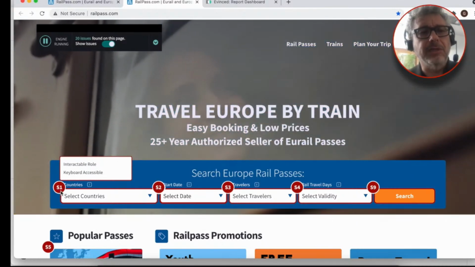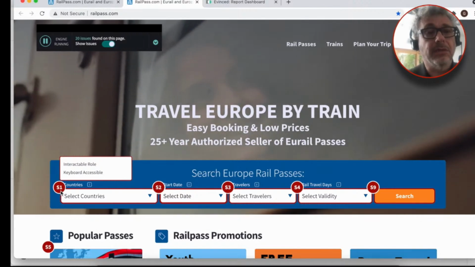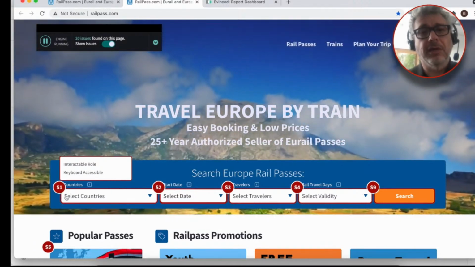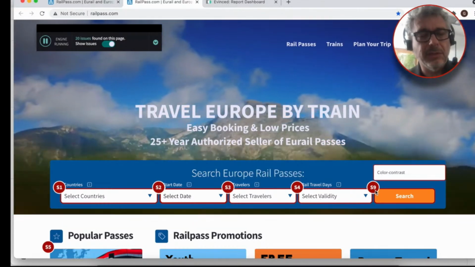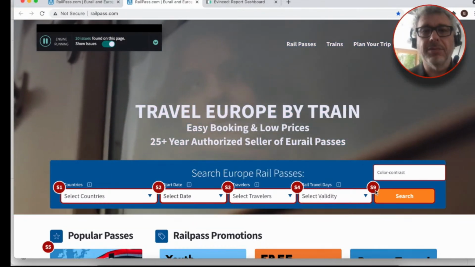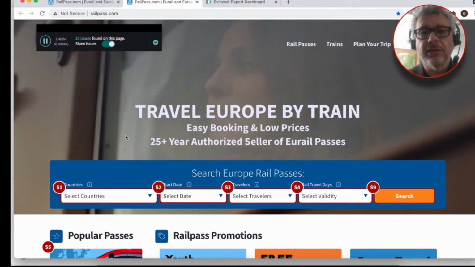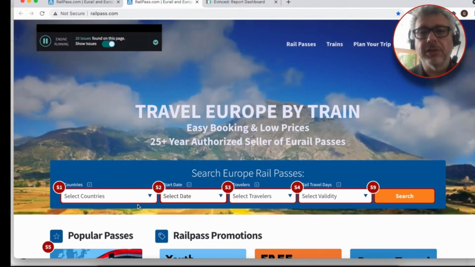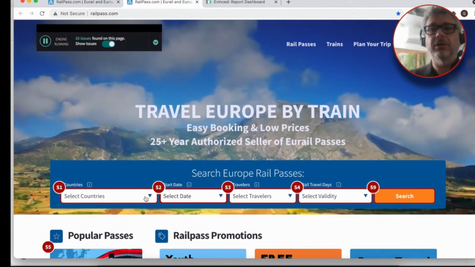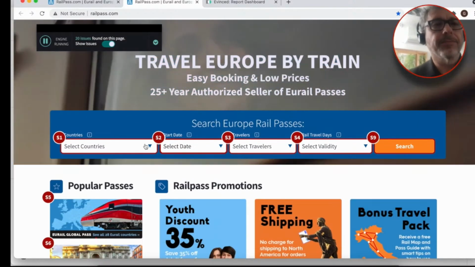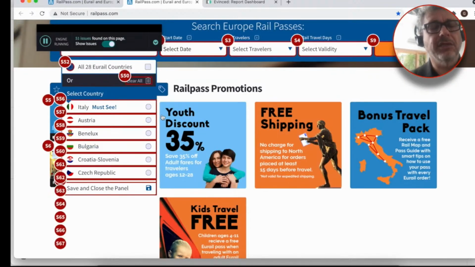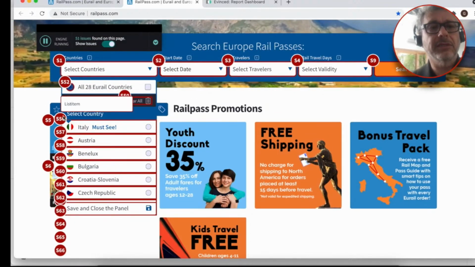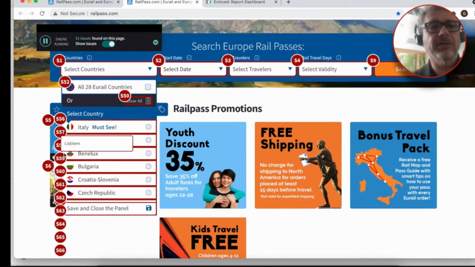The other thing is keyboard accessible, which basically means that a keyboard user won't even reach this element. We've seen that it's a div and it doesn't even have a tab index on top of it. And this is also the case for the other elements. Here the button just has a color contrast problem. The other nice thing about the Evinced extension is that it follows the DOM as I'm performing interactions.